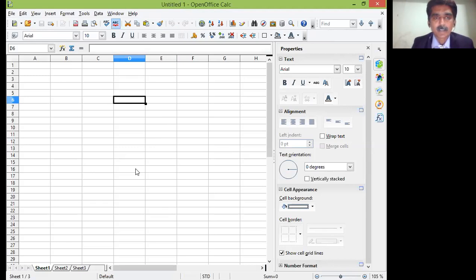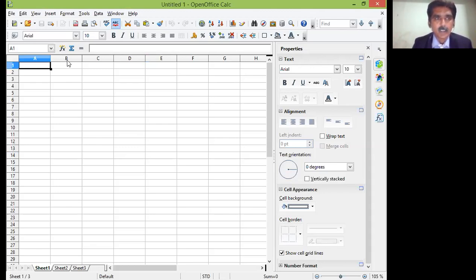I already told you that a cell is uniquely addressed by its column name followed by row number. Like this is D6, column name is D and row number is 6. So the currently selected cell is D6. This is A1 which I have now selected, which is called the home cell. Home cell is the very first cell. The keyboard shortcut key used to go directly to the home cell is Control plus Home. Control plus Home. So you must take this into consideration also.